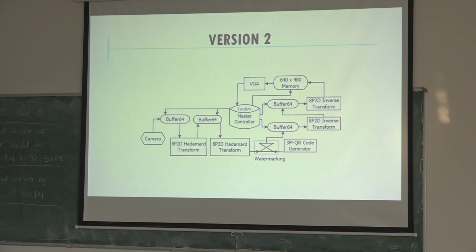So once the camera has stored all 64, that means the tandem, the first stage of Hadamard is happening. Once the first stage of Hadamard is done, the control bus will read based on the user location. It will calculate and preserve the data for the watermark location in the second stage of Hadamard. So it will start read and write for the second stage buffer. The output of the Hadamard transform is again like the first stage buffer.